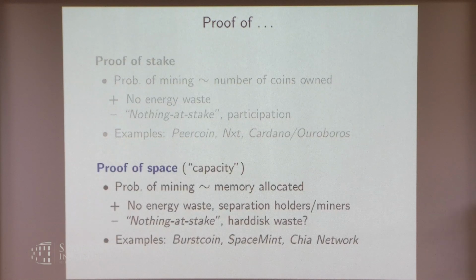And there are also other proposals where you still want to have some extrinsic commodity that you use, like computing power, but it should be something more sustainable. For example, there were proposals to use proof of space, where if you want to mine, then you have to allocate a certain amount of hard disk space to the mining process, and then you prove that you've actually done that, and then you reward it according to how much space you've allocated.